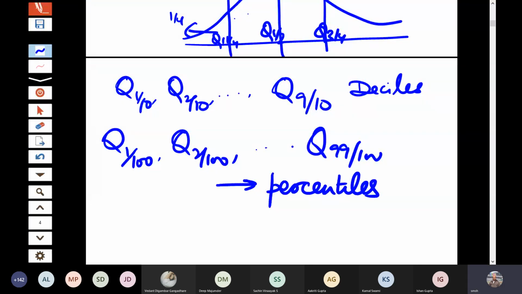So these are the popular ones which are used in real life. I think all of you are familiar with the median, quartiles, and percentiles. Of course, you are familiar because you have appeared in certain tests, and in the test they will say the upper 90% and that kind of thing. So you are aware of these things.